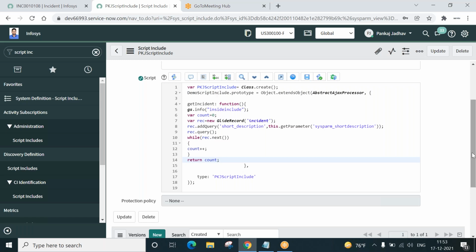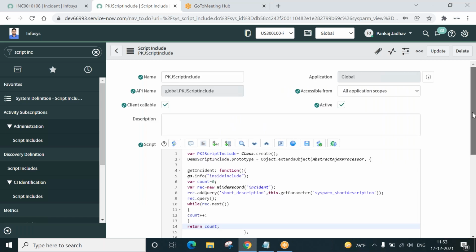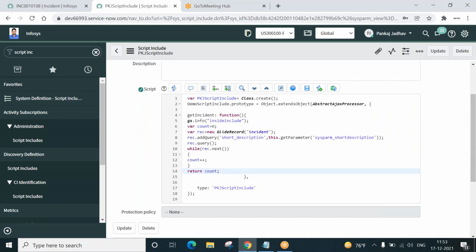Yes, if you see here, as I copied the code, I forgot to press Control C, replace the name over here. Control V. Yes, this was the prototype. Let us save it.